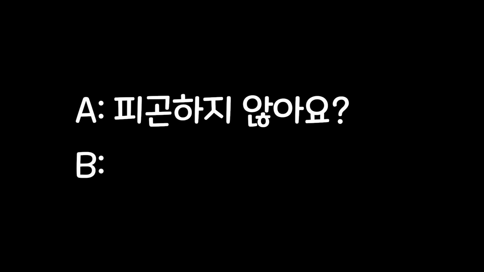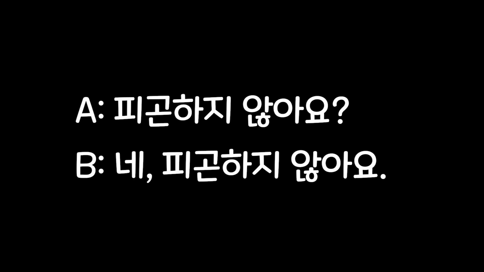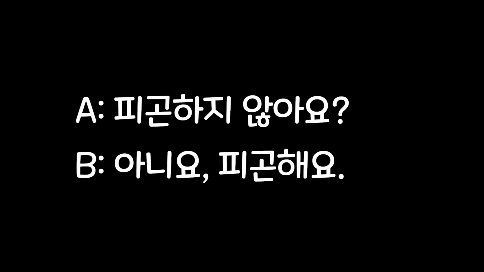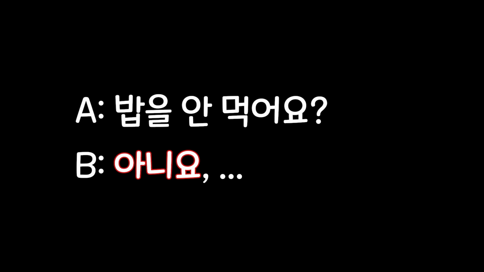Now let's ask again with the second negation we already know, the one we learned in the last lesson. Remember, 지 않다 has the exact same meaning as 안, but while 안 is placed in front of the verb or adjective, 지 않다 is conjugated and attached to a verb or adjective stem. 피곤하지 않아요? Aren't you tired? 네, 피곤하지 않아요. Yes, I am not tired. 아니요, 피곤해요. No, I am tired. Again, 네 confirms the negative and 아니요 indicates the opposite.